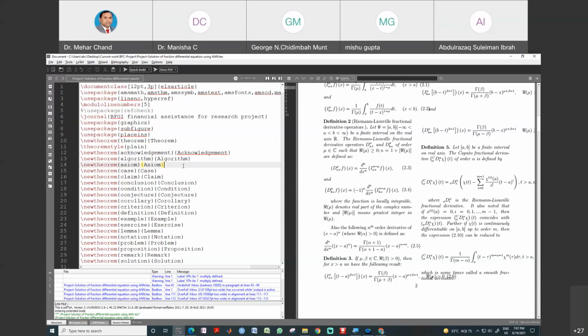Use package placeins. Yes, placeins is used to fix the figure at the place where we require it. Sometimes we need a figure to appear after, suppose, definition 2, and when you are not using placeins, it needs one more label to fix this type of problem. This will be controlled only when you are using this package, and you need to insert some more information along with the code of the figure, and only then can it be fixed.